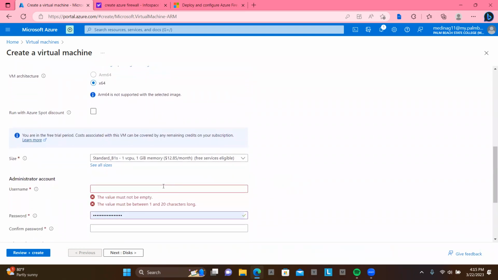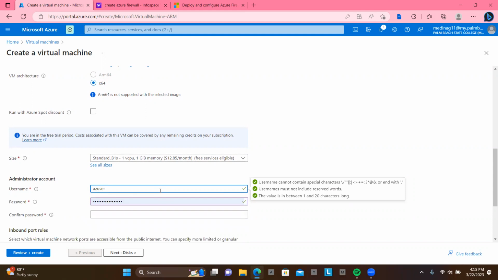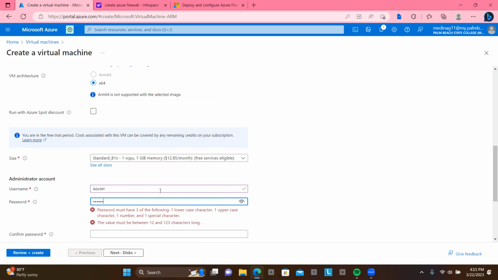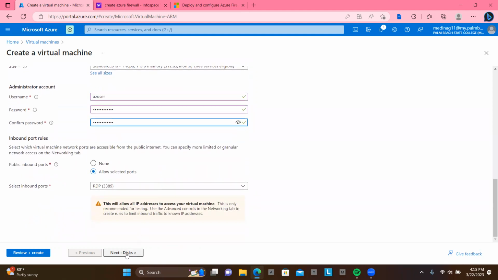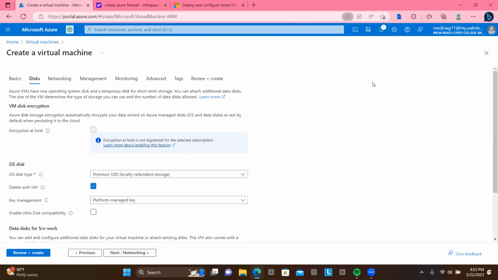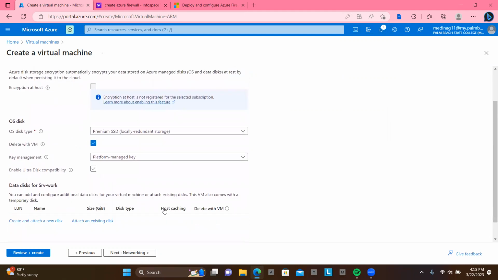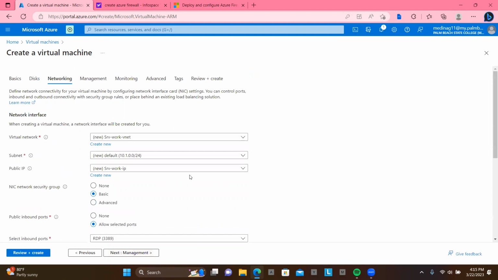Now let's go ahead and give it a username. I can make this AZ user, and I can give it a password and confirm it. All right. No, I don't want that. No, I don't need anything. I don't need to change anything on the disk part. Click next. Now on the virtual network part, I need to grab